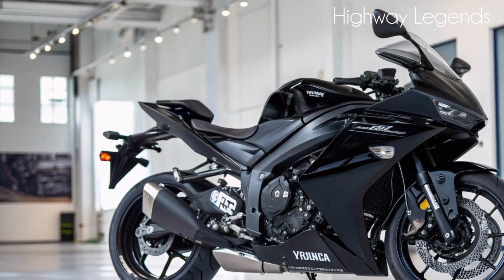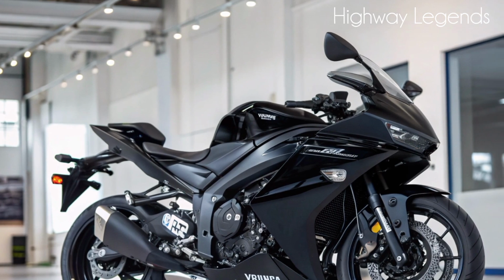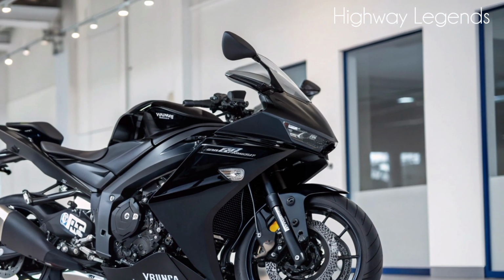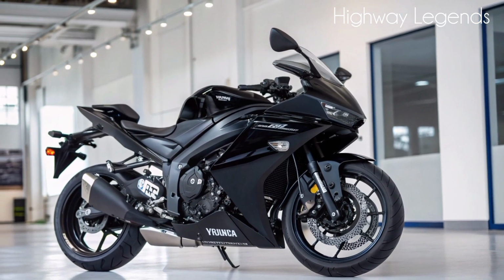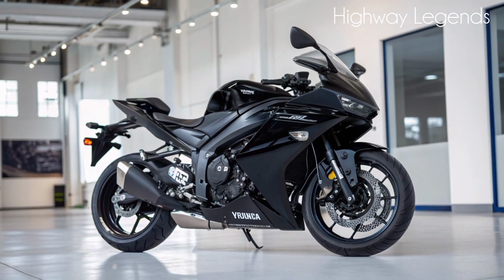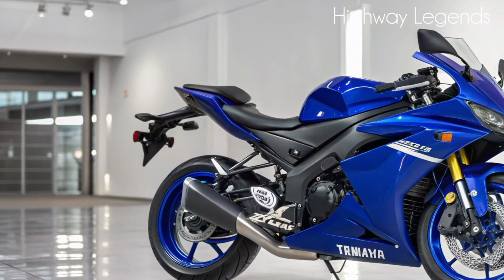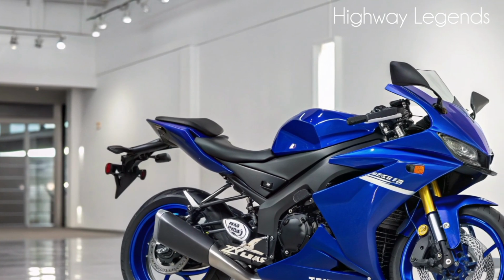Safety and technology. The 2026 R3 features updated rider assist tech, including improved ABS calibration for more stable braking and a refined digital display with clearer readouts. The cockpit now offers better visibility and intuitive controls, making the ride more comfortable for beginners and experienced riders alike. Optional quickshifter support and enhanced lighting add to the modern